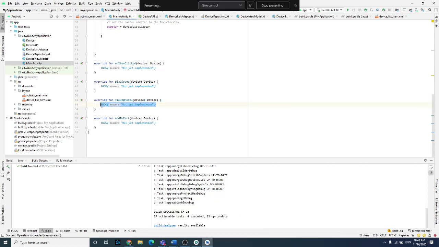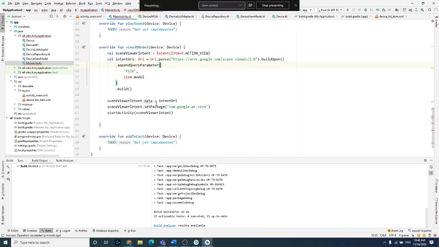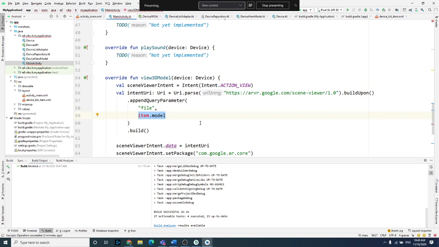You only need to add this functionality here. And as you see here, it's from documentation. You need an explicit intent, which opens another browser. Here it's the URI to Scene Viewer to view your models for AR mode, augmented reality, or